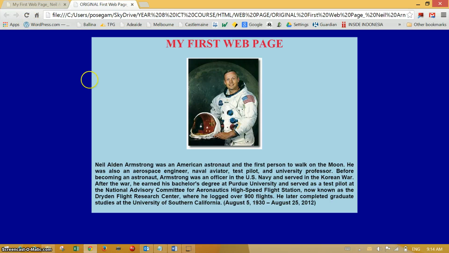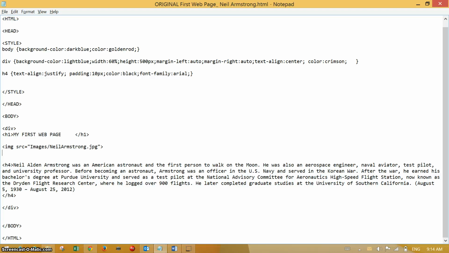Now what I'm going to do, instead of having him sitting in the center like that, I'm going to see if I can make the text lap around the image. And for that we need to use a particular piece of styling code. So what I'm going to do is add